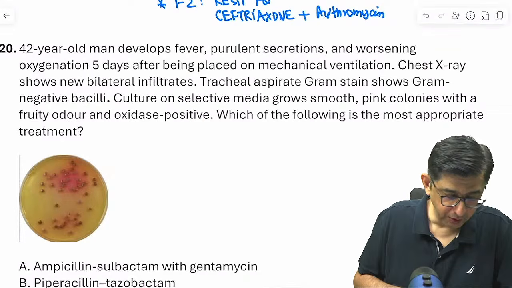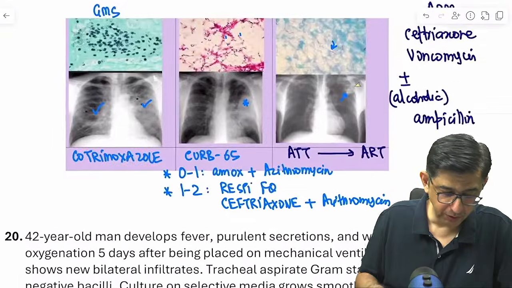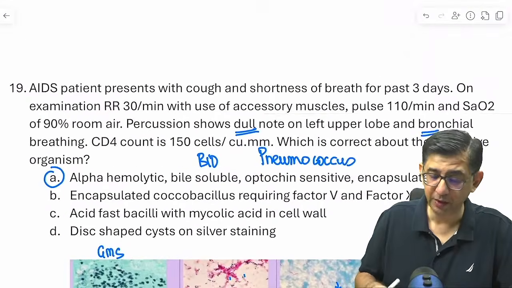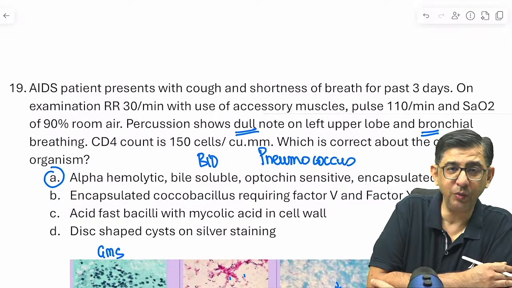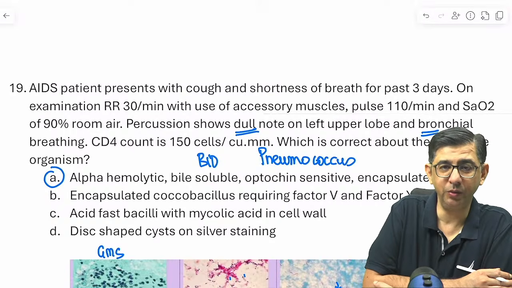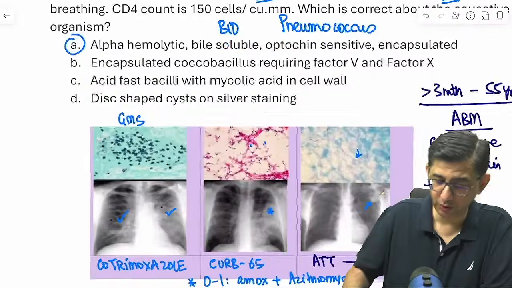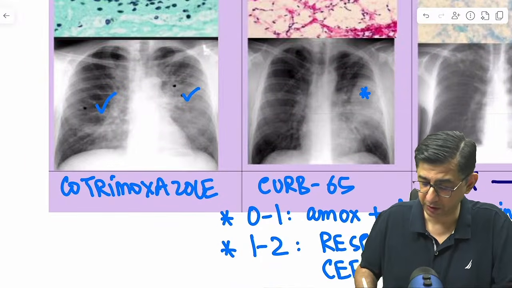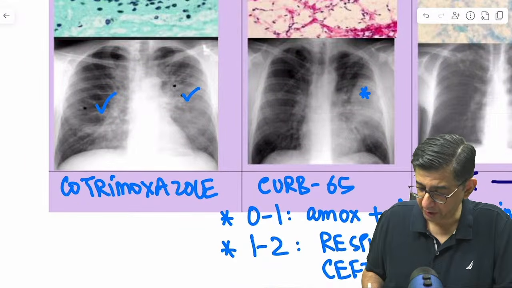वाई नॉट टू सस्पेक्ट न्यूमोसिस्टिस इन दिस, कौन से वाले में? न्यूमो इसमें, बिकॉज बेटा इसमें डल नोट लिखा है ना, यही तो बता रहा हूँ कि CD4 काउंट से सॉल्व नहीं करना है क्वेश्चन। आप ऑस्कल्टेटरी फाइंडिंग देखोगे ना, न्यूमोसिस्टिस जिरोवेसी जो होता है उसमें तो ऑस्कल्टेटरी फाइंडिंग होती ही नहीं है, या अगर होती भी तो ओकेशनल क्रेपिटेशन होती है।